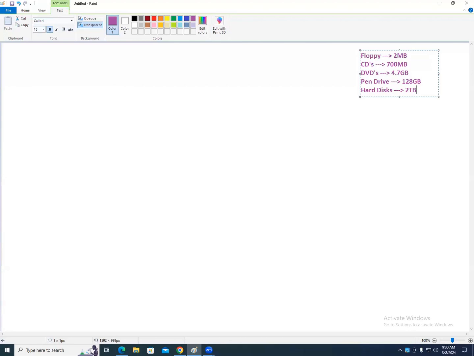Let's say you and your personal friend went for a long trip. Easily, you will get 2 terabytes of photos. If you go for one trip with a couple of friends, easily 1 or 2 terabytes of data, you put it in the hard disk. Now, is this 2 terabyte sufficient for you? No, right?